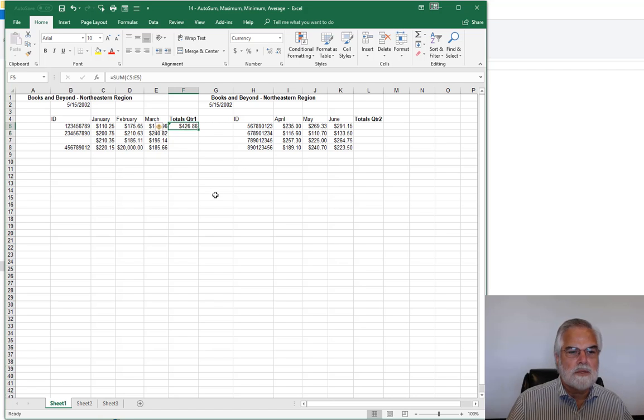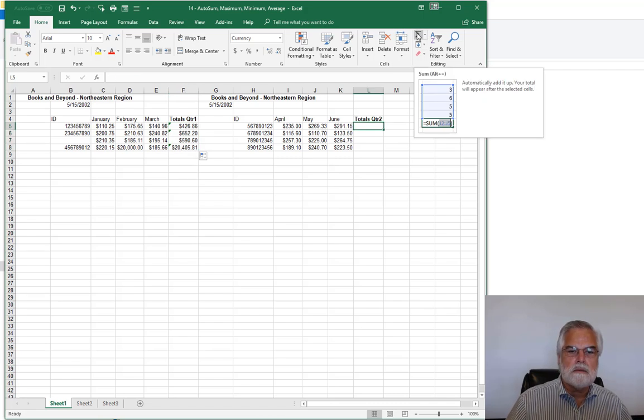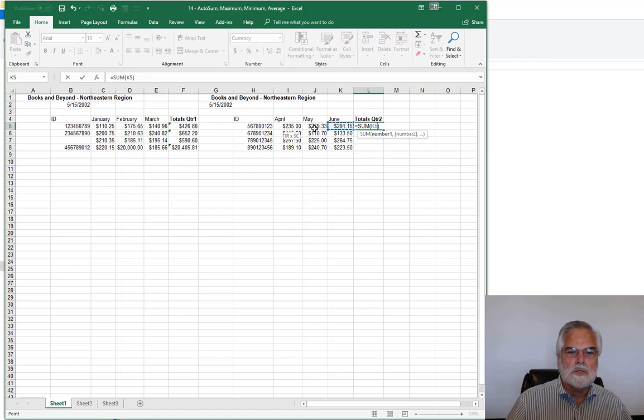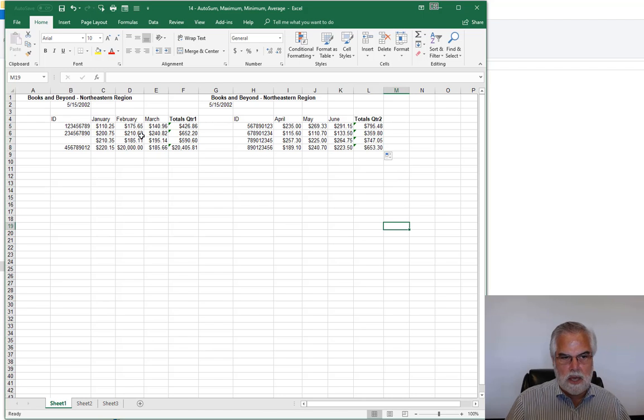Now that you've got that total, you use the handler, and that's the easiest way. You could have 500 of them right there. Using the handler, it would do them all in a nanosecond. Now, same way here. Do the same thing. The AutoSum button, click and drag, enter, click back on the cell again. Now what you have is all the totals for the quarter,